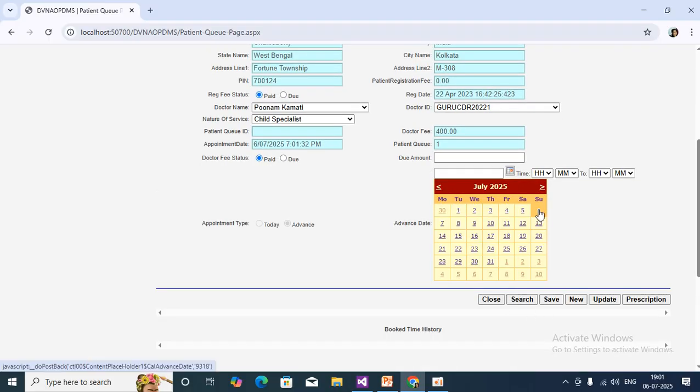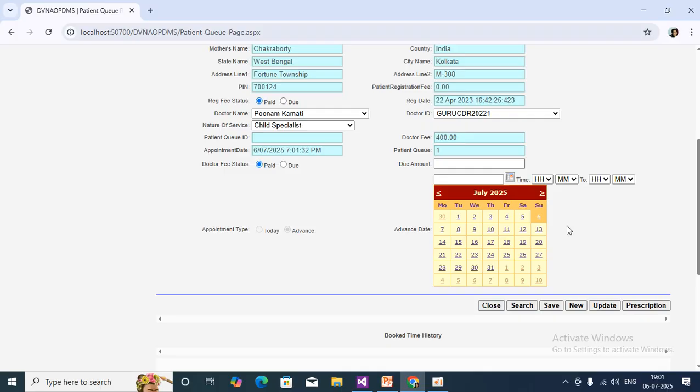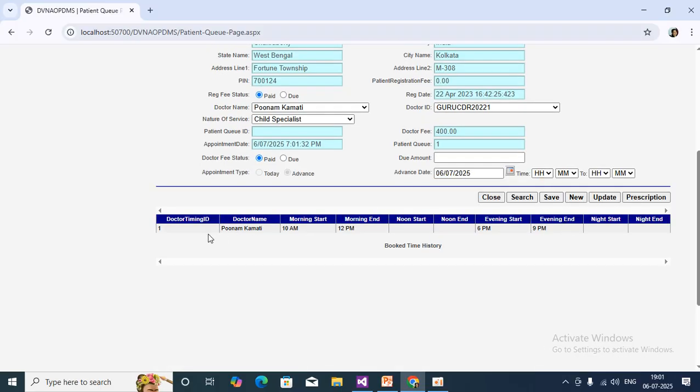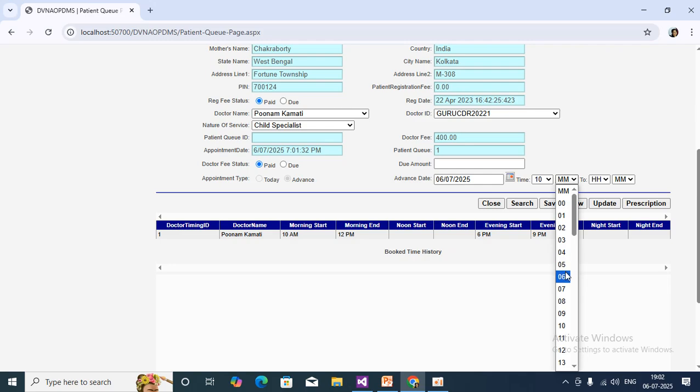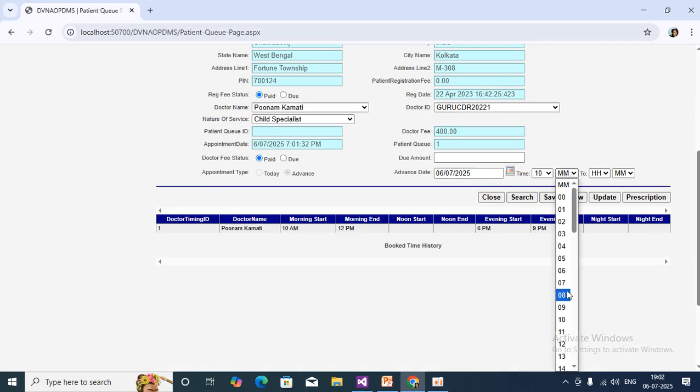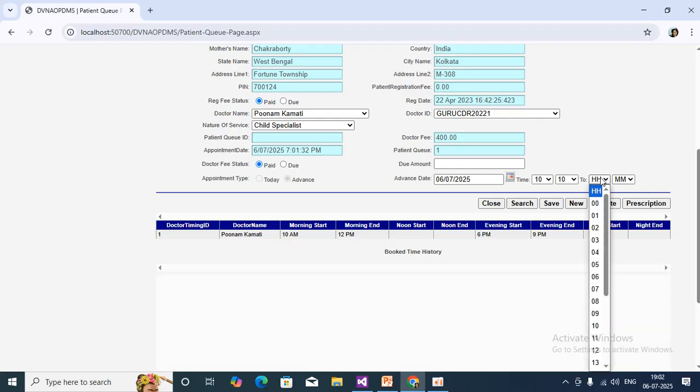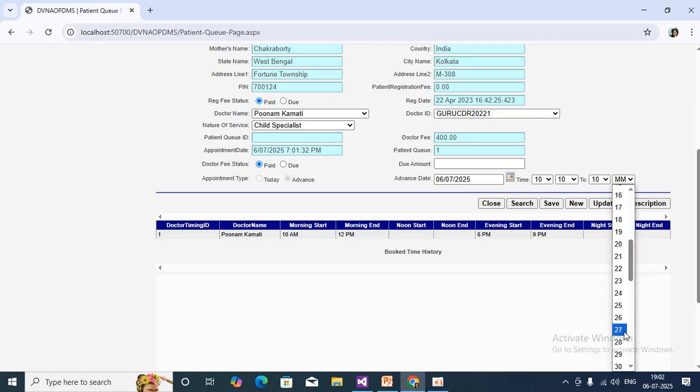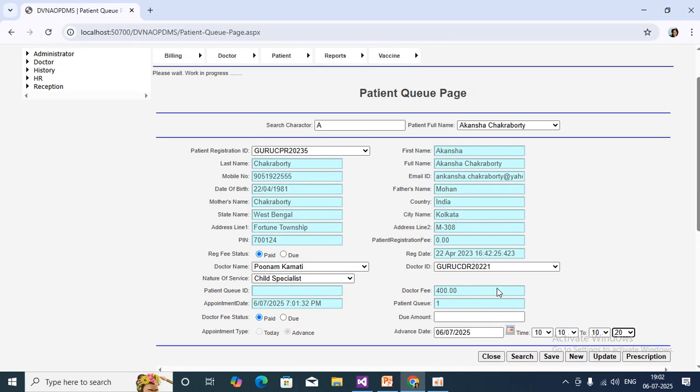I am going to put in this appointment date, and after putting in the appointment date, it will show you the doctor's available time. According to this available time, you can fix up the appointment, like 10:10. Suppose I am putting 10:10, 10:20, like this. Okay, so after filling this in, we have to click on